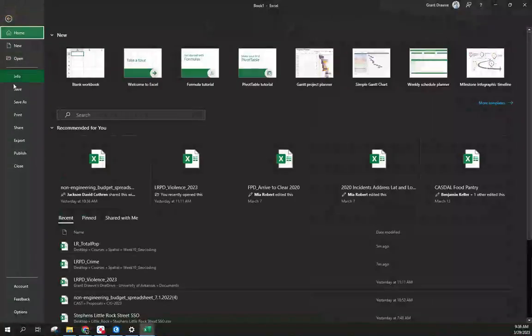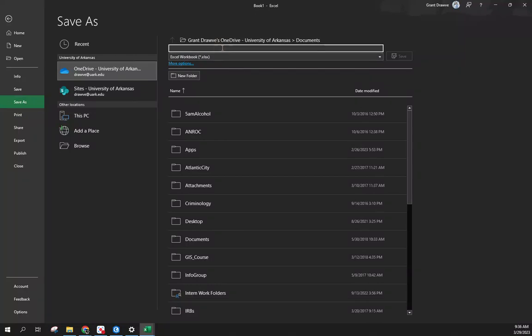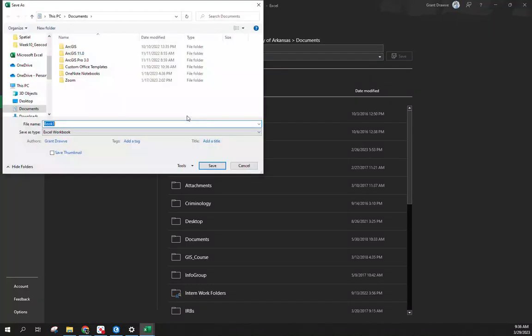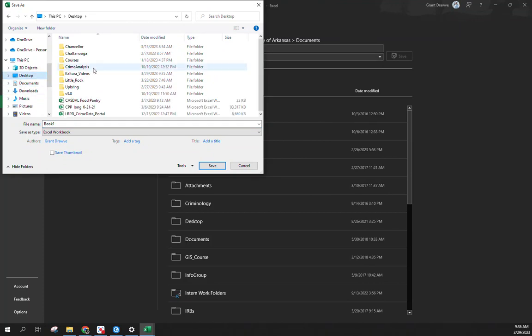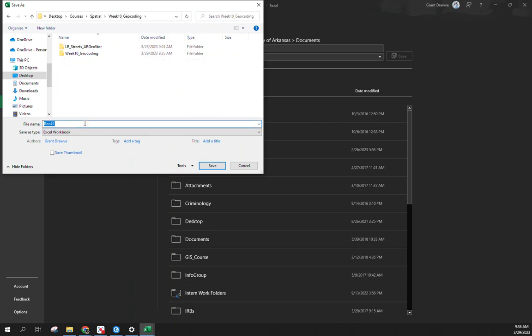And I'm going to save this as a new file as well. So it's saving to my OneDrive, so I don't want that. This is what happened in class when I did it as well. When students couldn't find some of their data sets, it defaults to OneDrive on campus. So just make sure you go to the folder that you want it to save to to make life a bit easier. I'm in week 10. So this is LRPD